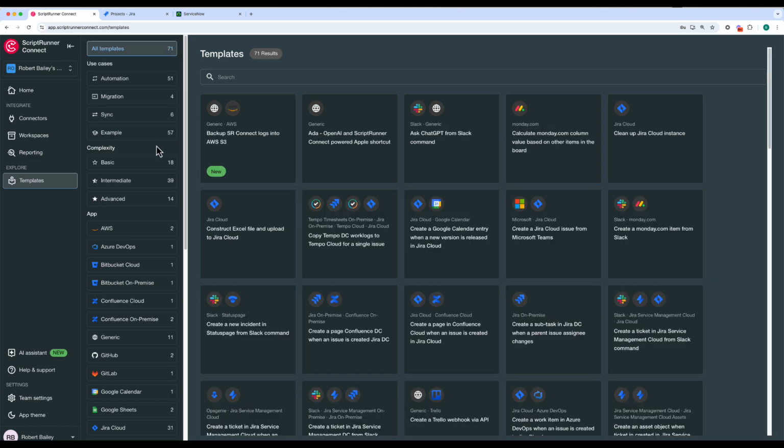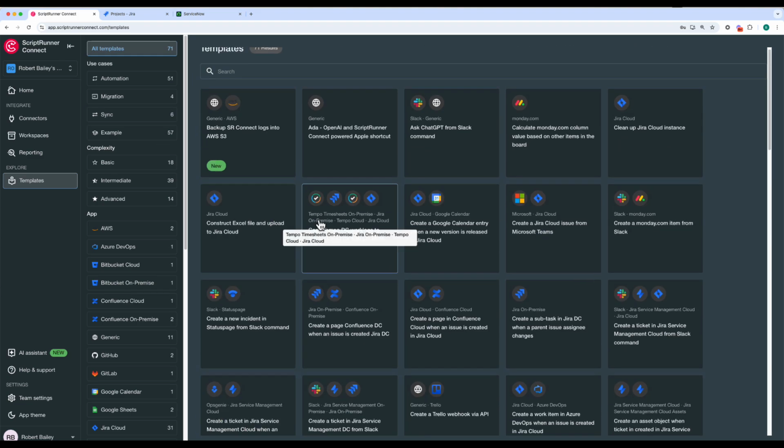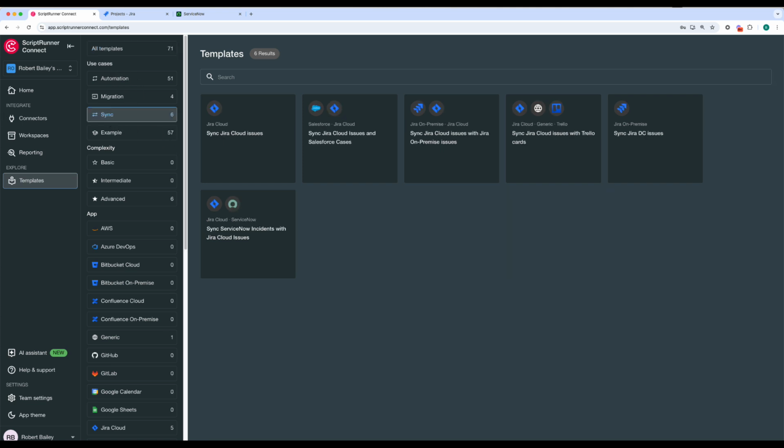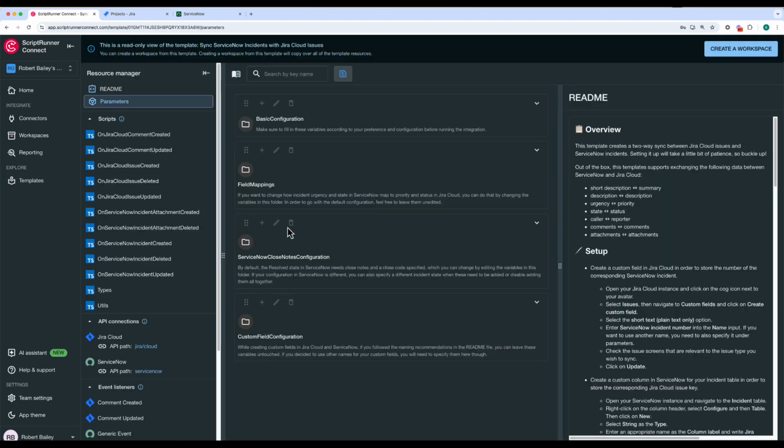So you can see here, we've got a number of templates available for you to use. Some of them are examples and some of them are full use cases. You can see under the filters here, we have 57 examples currently, but we do have some actual use cases. So for example, the one we're going to be looking at is a synchronization. When I select the correct template, so sync ServiceNow instance of Jira Cloud issues, I get taken through to that